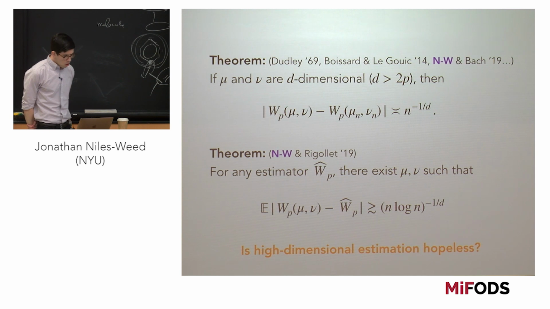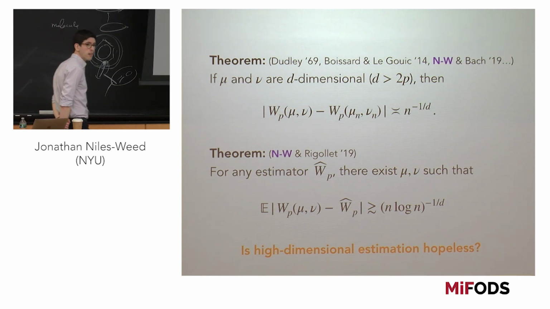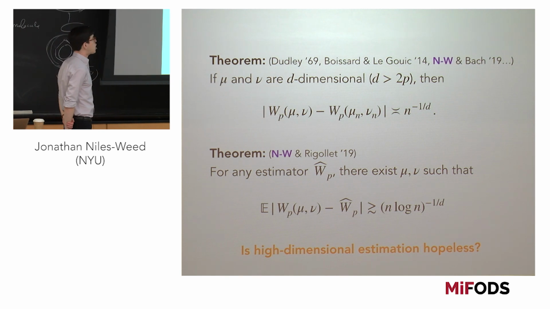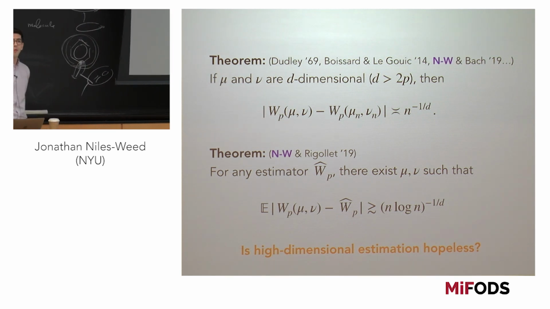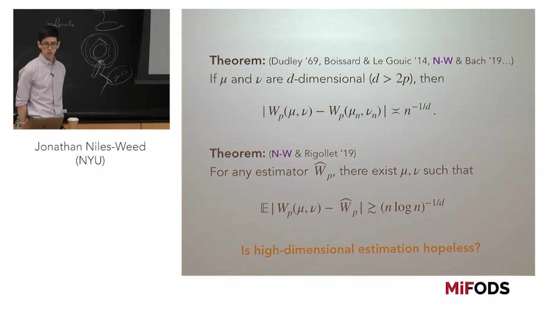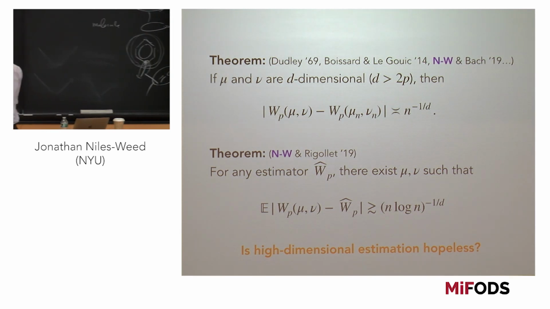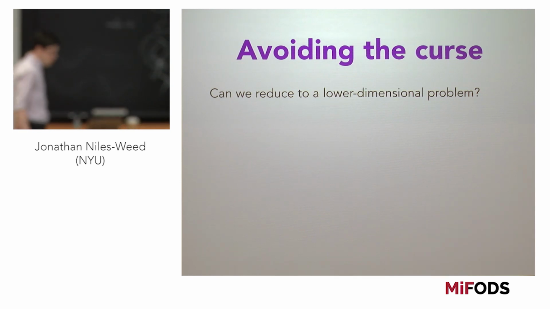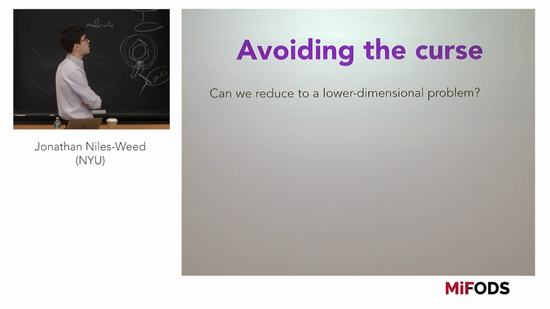So, okay, suppose that you're not a theorist and you don't care about this log n factor. Then it still seems as though we might have an issue, in the sense that these two rates both seem to say that we have to pay exponentially in the dimension to do any non-trivial estimation of the Wasserstein distance. So we can ask if there's any more structure we can add to the problem that will help us. There's a line of work in the applied optimal transport community